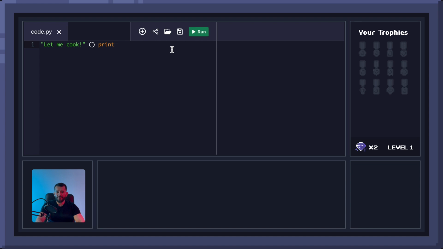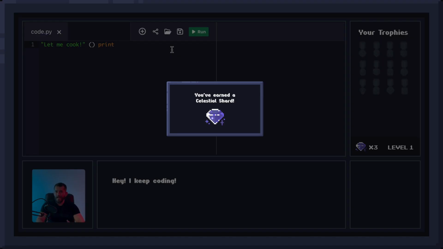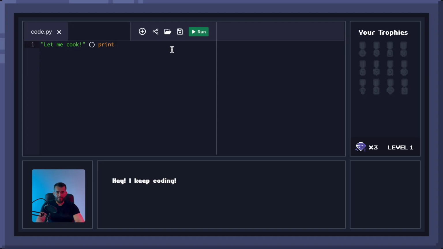And here is another challenge for you. Use the print function to display this message: "Hey, I keep coding." Run your code and that's exactly what should appear on your screen. So now that you've learned how to use the print function, feel free to experiment. Try printing out different messages, include numbers, emojis, and any words you like. And even change your code around and see how your program responds. It's a great way to learn how to code. And once you've played enough with your code, come back here to learn what's next, which is how a computer